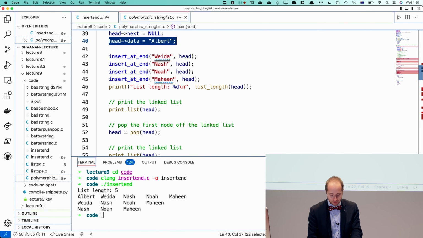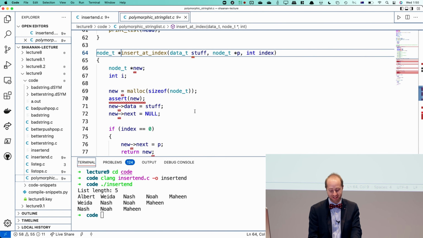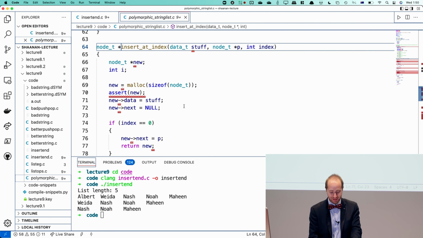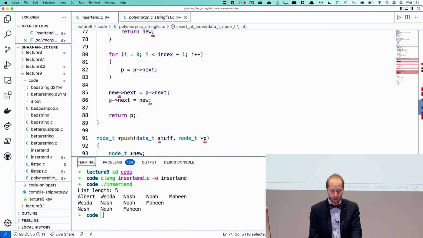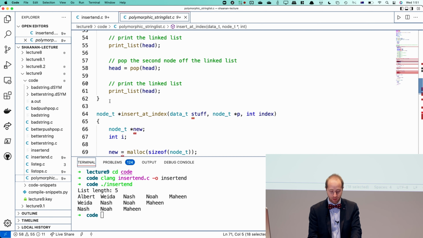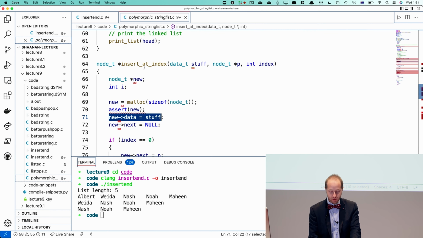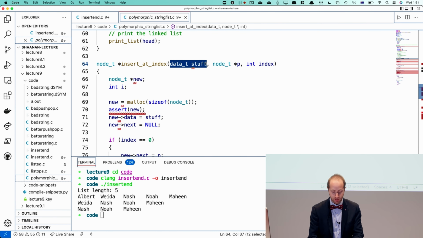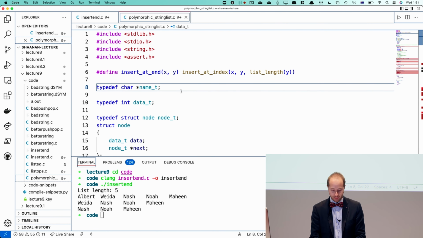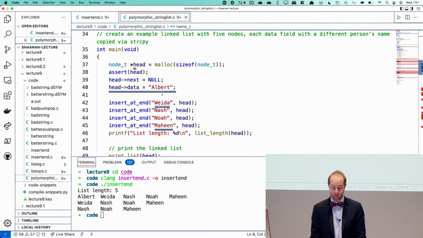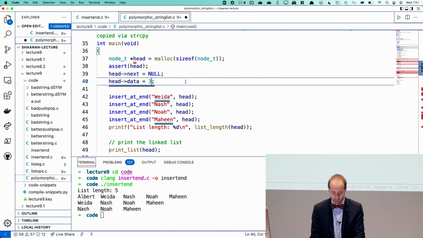And if we look at our insert at end function, oh, that's still referring to insert at index. If we look at our insert at index function, we can see that we can assign stuff directly because now we're using pointers. This has the added benefit of allowing us to use a line here, new data equals stuff, without worrying about the type of stuff. This is called polymorphism, because if we changed data T up here to be an int, we'll get some errors now because there are other places where I'm trying to use insert strings. But if I did change that to int and changed all of these to integers, the code would still work if I did that,